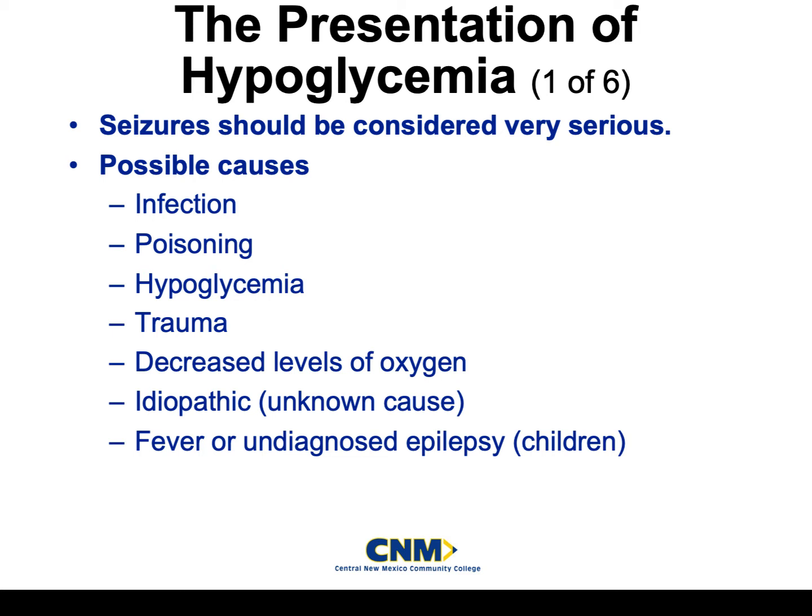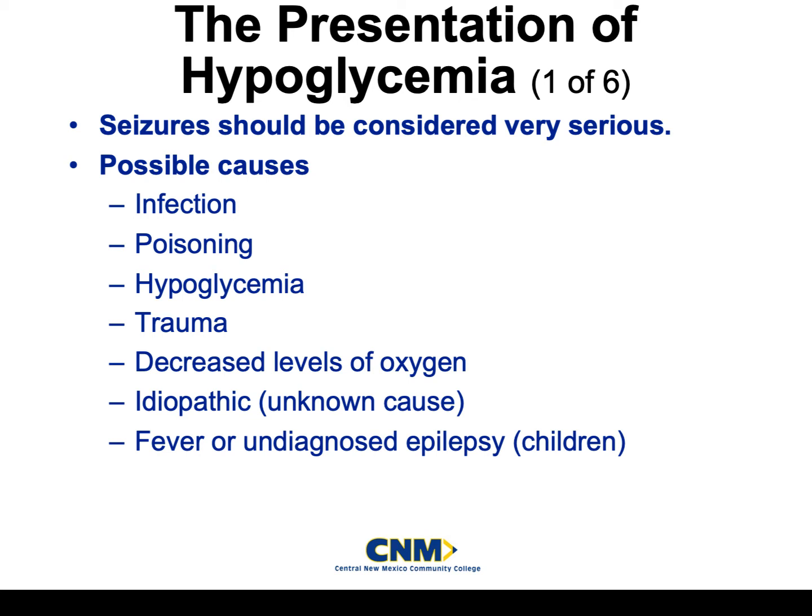It could just be hypoglycemia, guys. It could just be that this patient just needs some sugar, okay? Traumatic events can cause hypoglycemia in some patients, decreased level of oxygen. Sometimes it's idiopathic. We don't know why. For whatever reason, somebody just had a hypoglycemic episode,